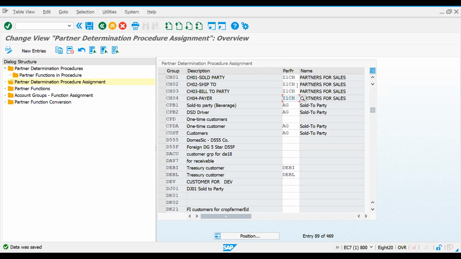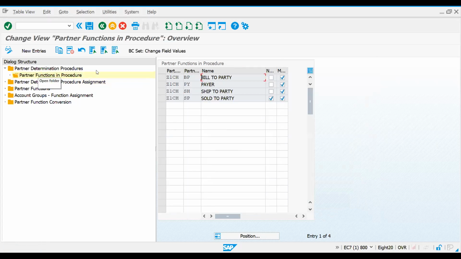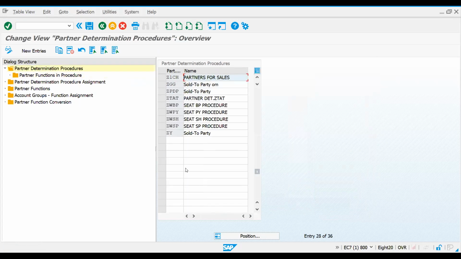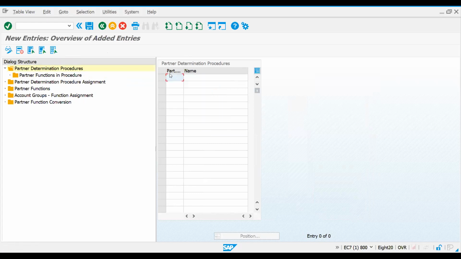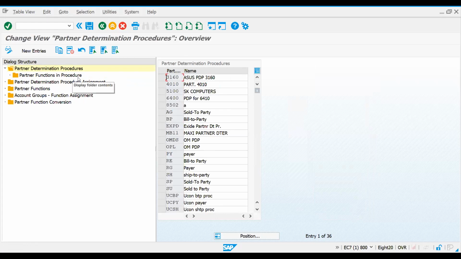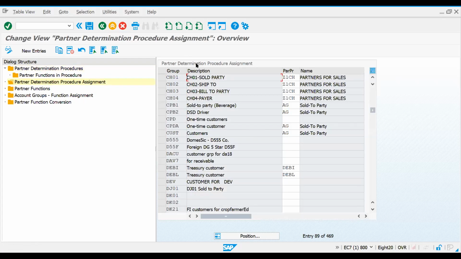So assume that for ship-to, if you go here to procedures, if you wanted to create it separately for ship-to, you take another procedure and you assign partner functions. It depends on your needs, actually, how you want to configure it for your customer. In this section, for your account group,